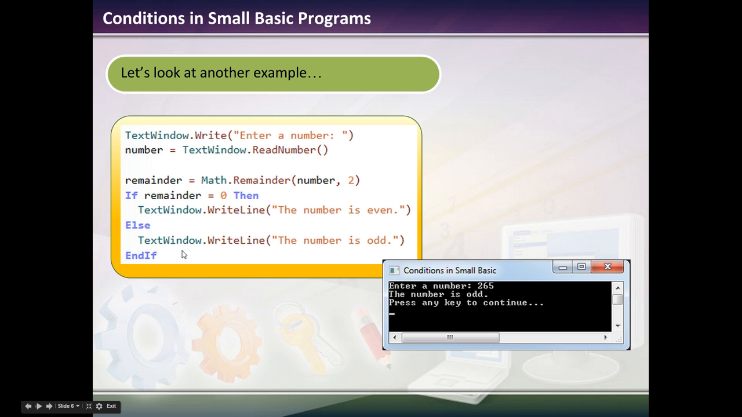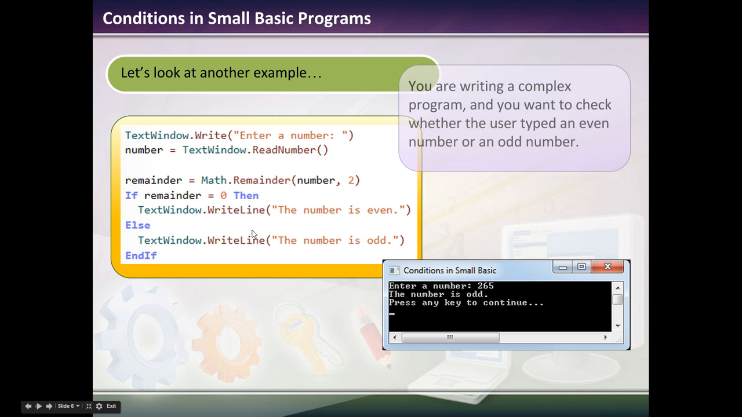Here, if it's not divisible by 2, in other words, if it's an odd number, then the remainder will not equal 0. Right? It either equals 0 or it doesn't. So if this is a false statement, it just skips over that line, else text window write the number is odd, end if. Okay? So when you're writing a complex program, you want to check to see whether the user typed an even or odd